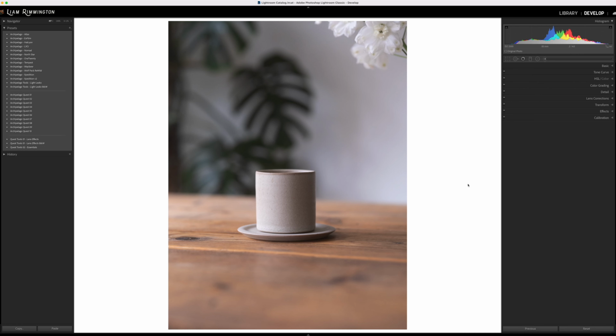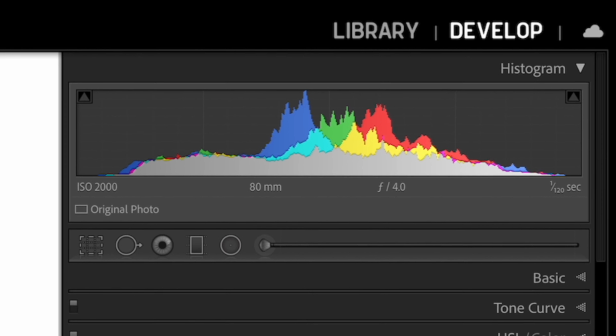In this video we're going to take a look at how to read the Lightroom histogram. A better understanding of the histogram can help you capture higher quality raw files and get more from your edits. So the histogram is located in the top right of the develop module and is in the form of